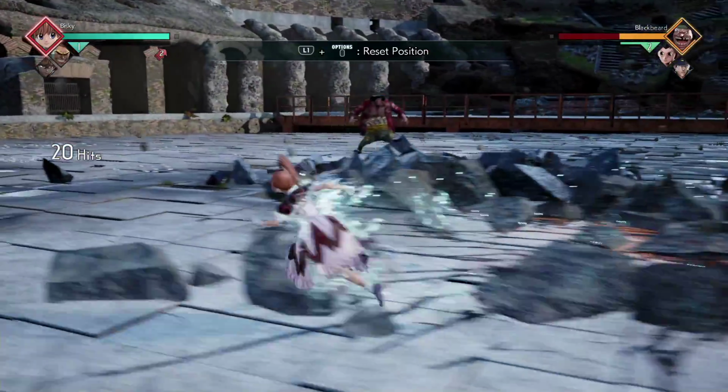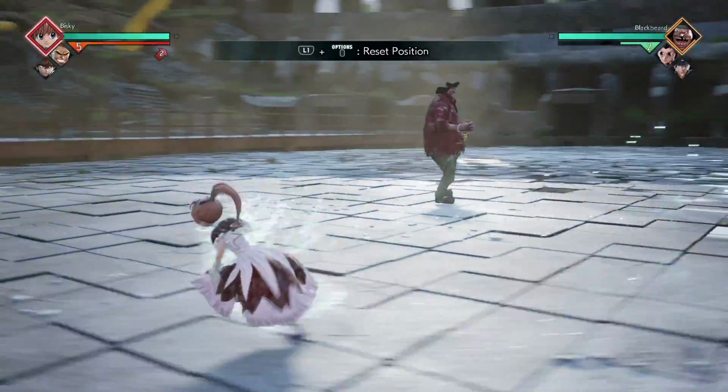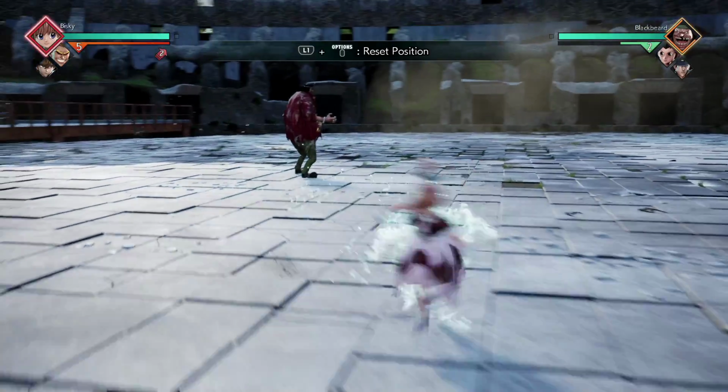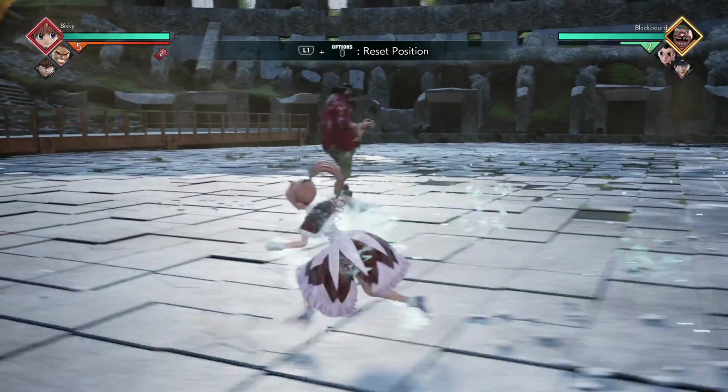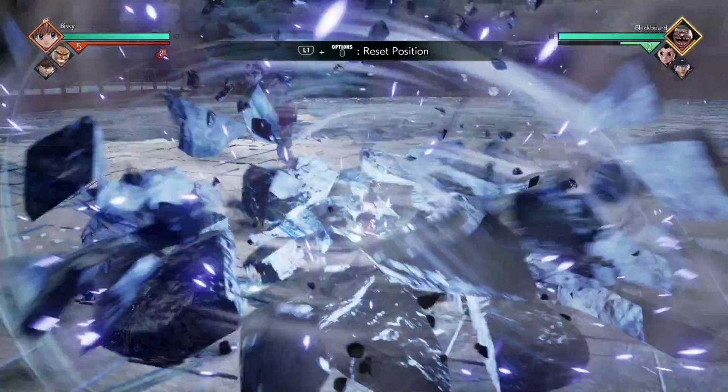This is a combo that I go for a lot of the times, but obviously it's 4 bars of meter. It's a lot, but it's very good damage. It's more than 50%, which means it's a 2-touch match for you. You touch him twice, your opponent is dead. If you go into Awakening,